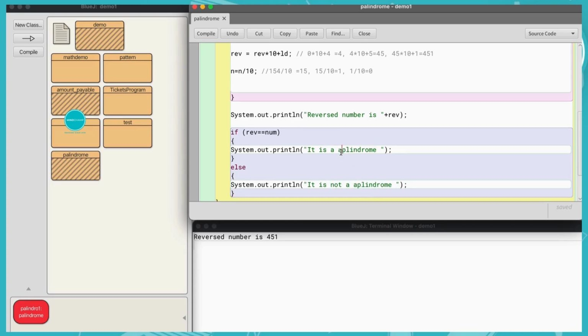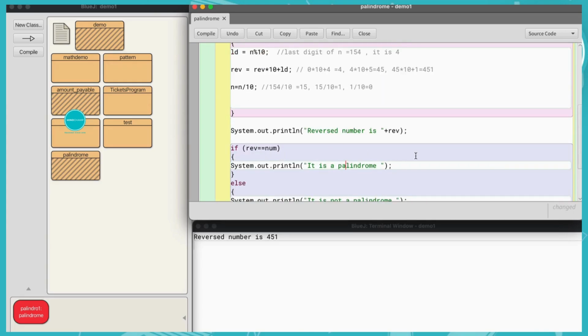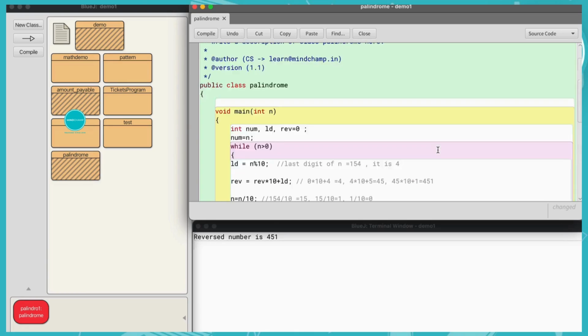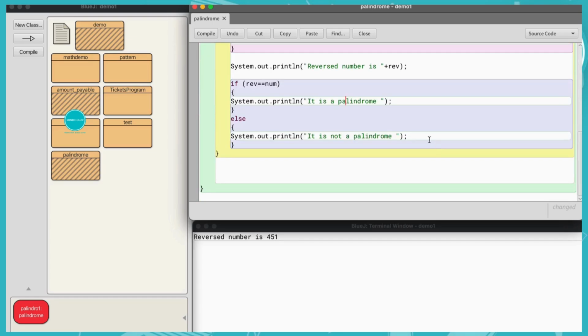Let's check it out. This program actually consists of two programs. If you remove the if part, you will get the program for reverse number, else the full program can be used for palindrome checking as well.